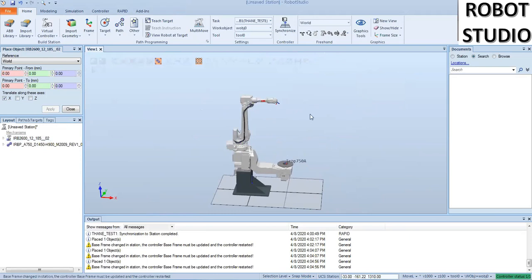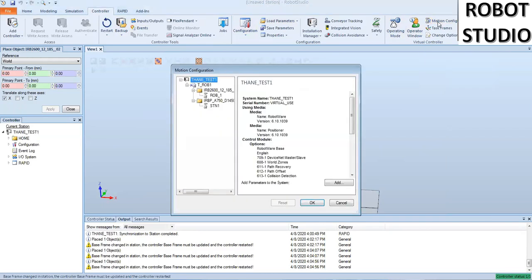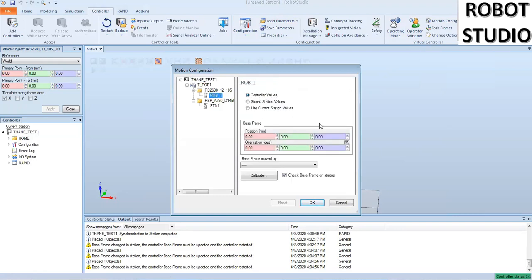After we do that, we're going to make sure that our controller values and our station values match. The way you do that is you can go under the controller tab and go into the motion configuration under the virtual controller group. What you're going to want to do is we have two mechanisms here, robot 1 and station 1. You're going to select each of them. These are what the controller's values are stored at right now. So it's stored at 0, 0, 0, but our robot is actually up in the air and slightly off 0 in the X direction. So we're going to use current station values. And we're going to say